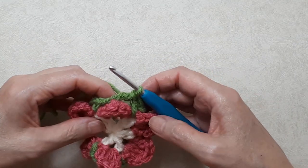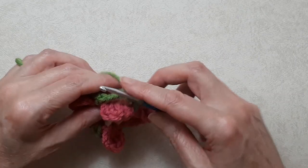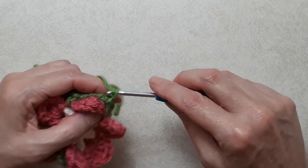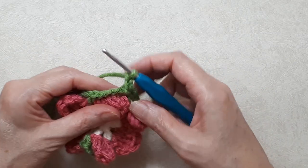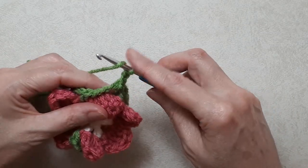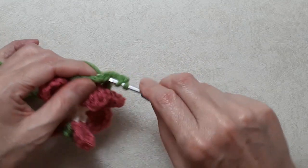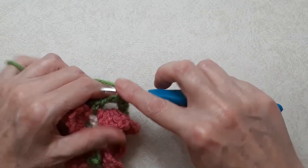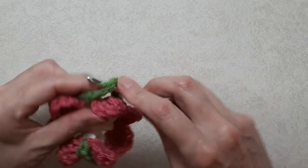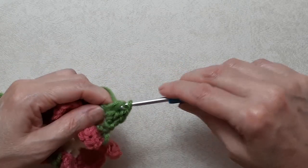Now we're going to begin building the granny square pattern. So you're going to chain 2, and that's counting as your first double crochet of a 3 double crochet cluster, yarn over. I'm going to do 1 double crochet and 2 double crochets, and then